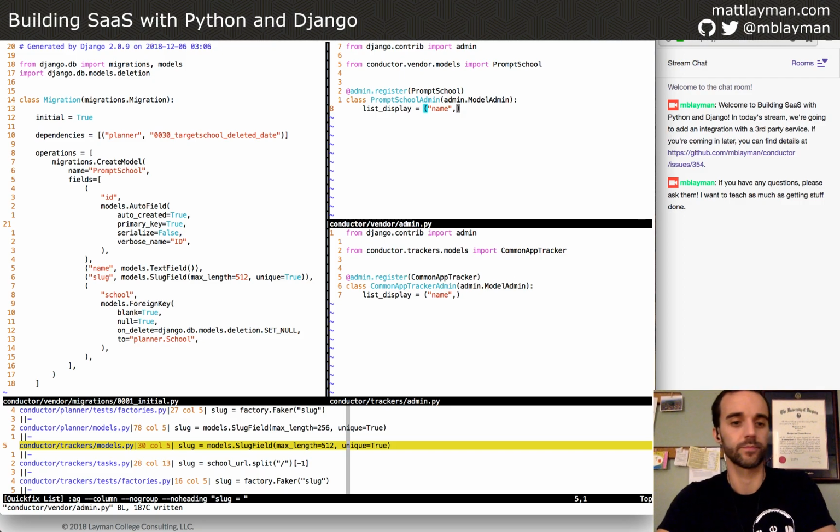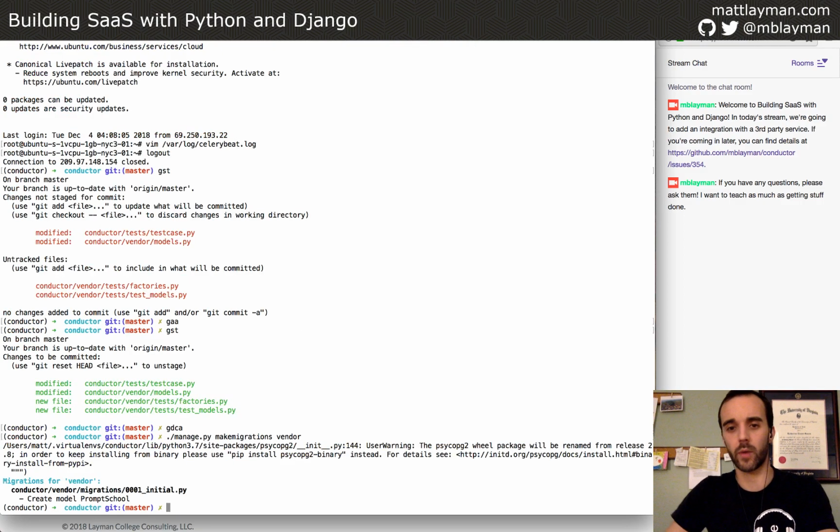Let's try this out, shall we? First thing we want to do is we have our model, but I have a local database that's installed on my Mac that has my database tables for this project available that I can just play with. So the first thing we need to do to make this workable is run the migrate command. Migrate is going to look through every application in the project and look at all of those migration folders and try to find any new files that represent things that should be run. And so if we run that